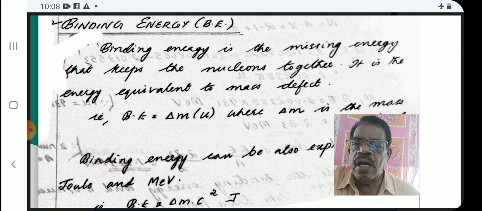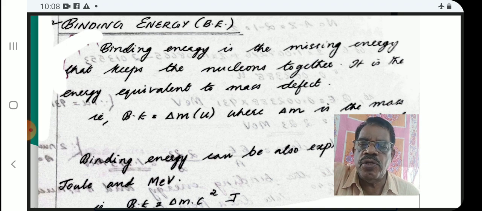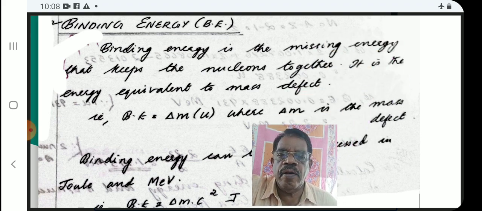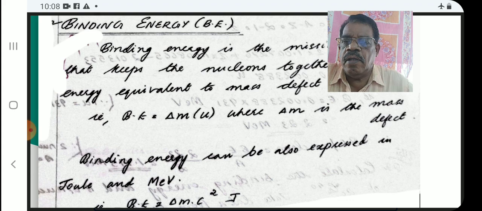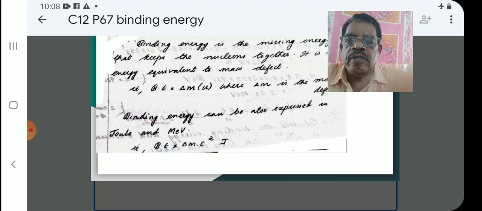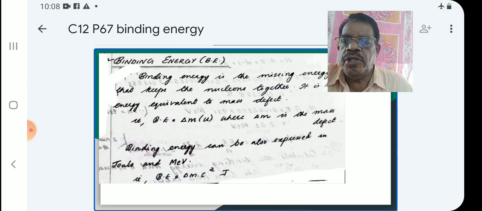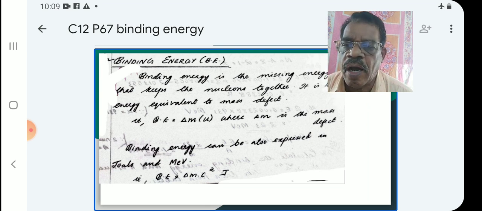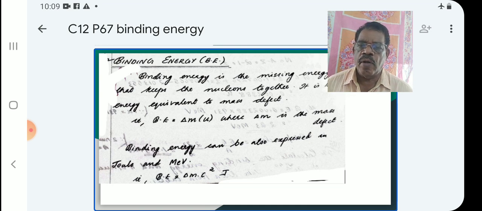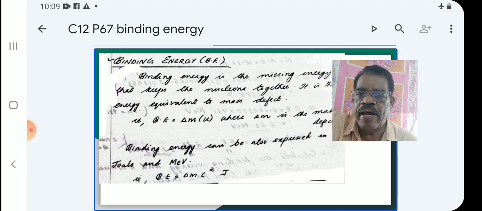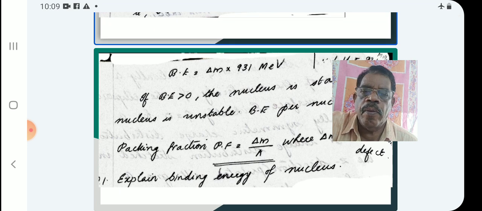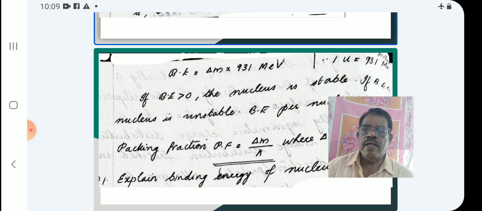Binding energy is equal to delta m in atomic mass unit, in unified mass unit, where delta m is the mass defect. Binding energy can be expressed in Joule and MeV. That is, binding energy is delta m into c square Joule. And when we express in MeV, we have to multiply delta m by 931. So binding energy in MeV is